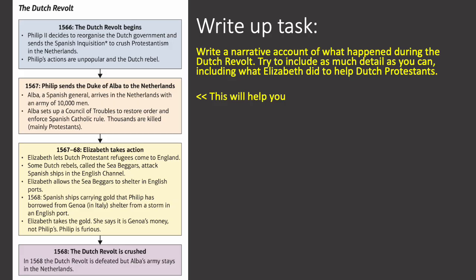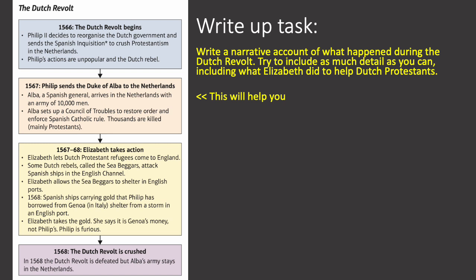And one of the best ways to do that really would be to write a narrative. Obviously, we don't have the narrative question in the Elizabeth paper, but just do it exactly as you would do with the Cold War. So the beginning, the middle, and the end, using your tension words, how one thing has made something else worse. Maybe something's improved the situation. In this case, nothing improves the situation. It's just one thing after another. So using the information on the screen now, use that to help you write this narrative up exactly as you would do with the Cold War. The connectives, the tension words, the process words, and beginning, middle, and end of the Dutch Revolt. That should help you get this story into a really secure way in your mind.